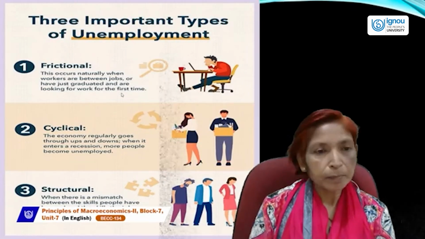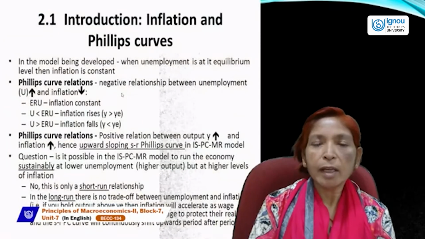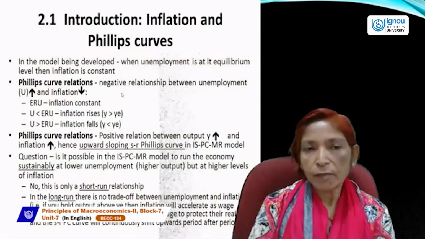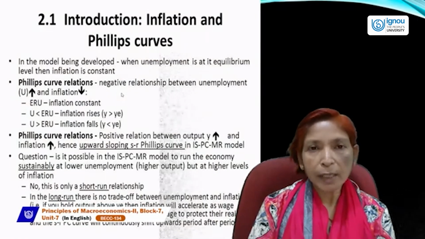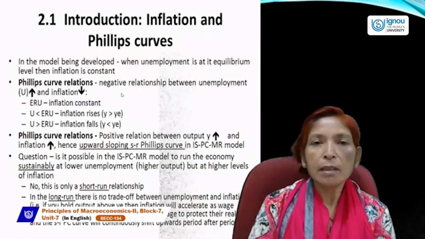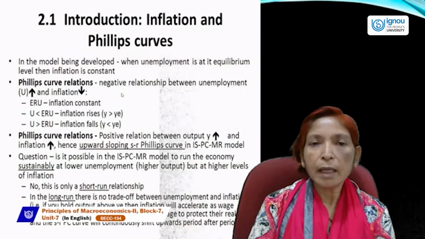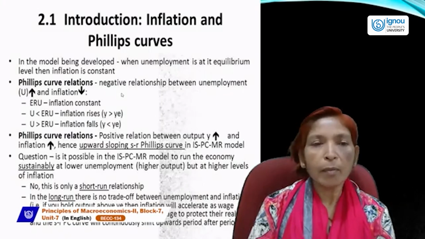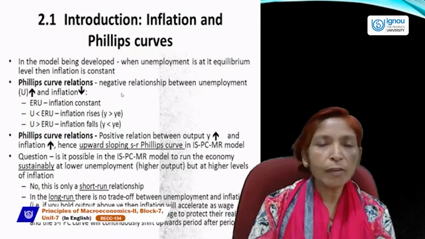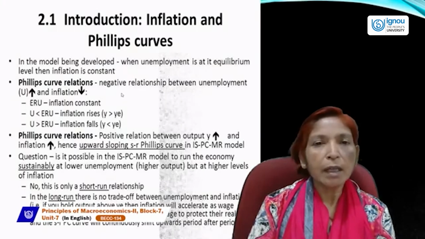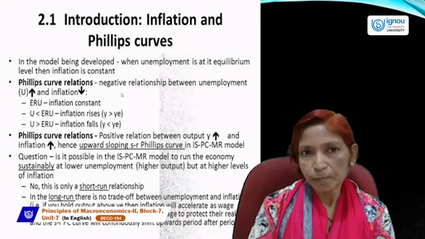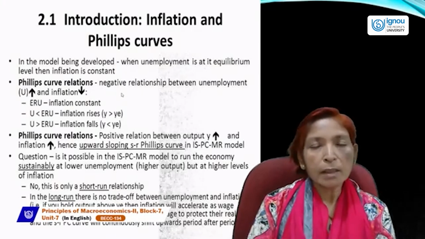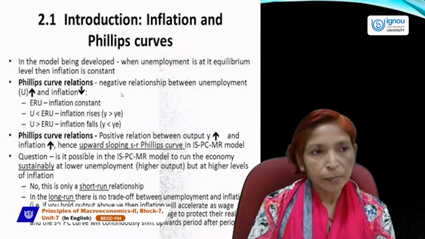So these are the three important types of unemployment, but the various types of unemployment are many. And this is a very big problem which each and every country faces, because according to Keynes, full employment does not exist in any country, but according to classical economics, full employment is a general phenomenon and it can be achieved very easily. But in the real world, full employment can't exist.